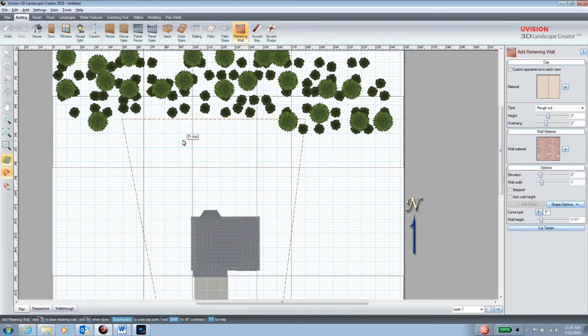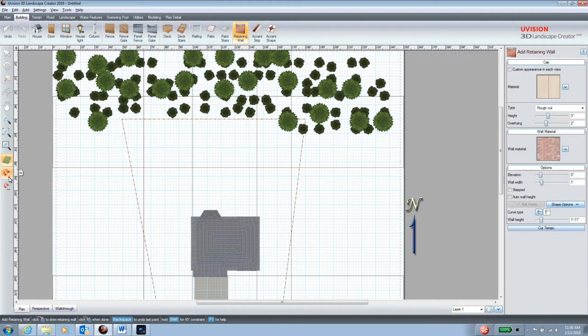and we'll say that we're going to follow the property line here for that wall, and we're going to come along on that property line to maybe the house here. We won't do the entire property. We'll do from here to here. We'll kind of build a bit of a